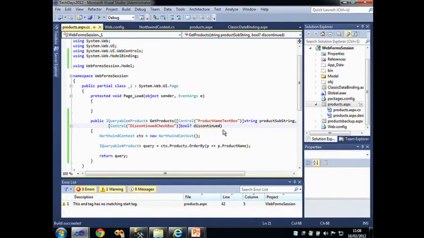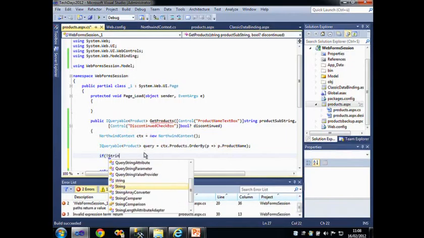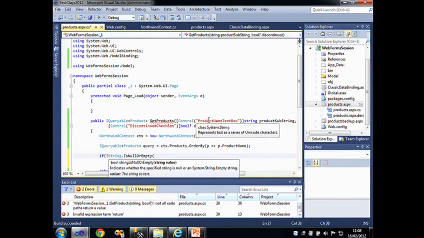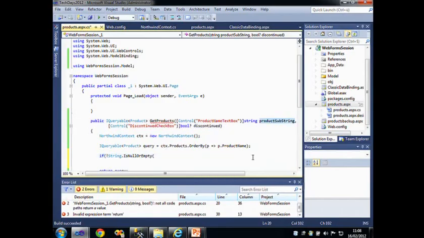Once I have this, there is one more thing to do. We now know whether we want to search for discontinued products, whether we want to search for all products or only products containing a certain string. What is basically left is to modify my query and add some additional where clauses to it. So if not string.IsNullOrEmpty, well, if we actually pass something in productSubstring,